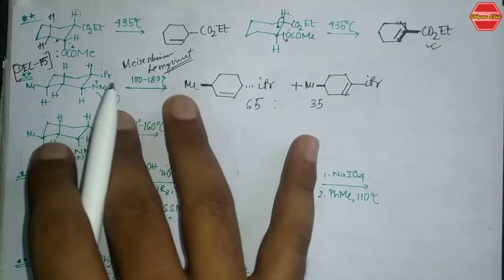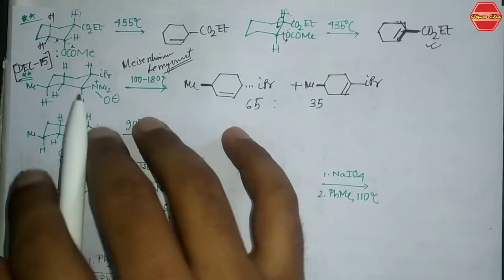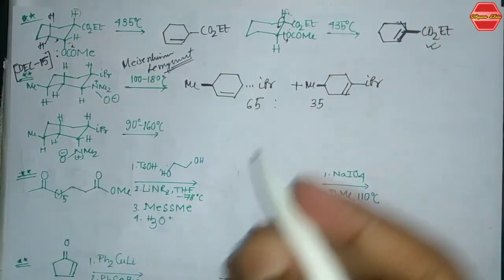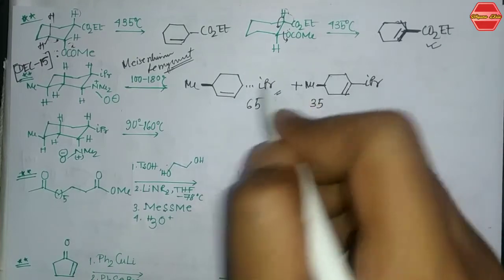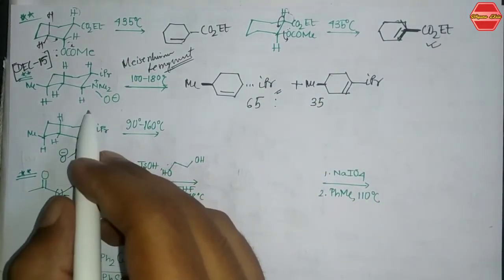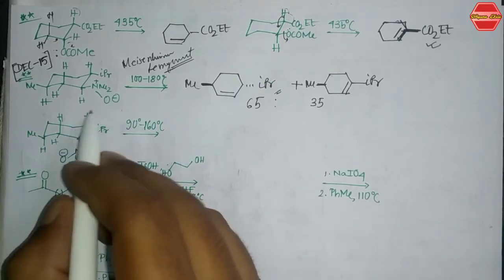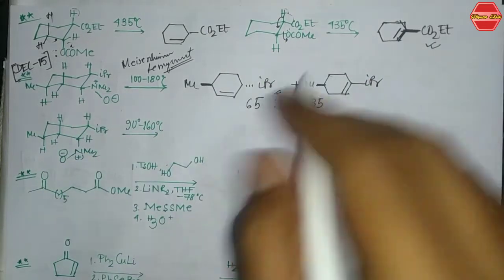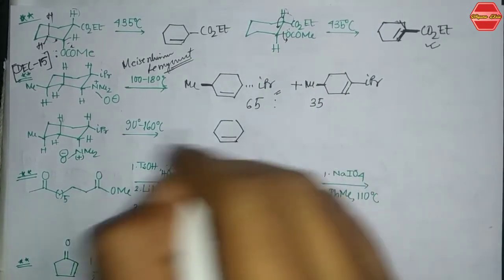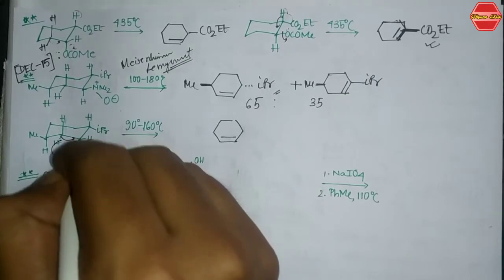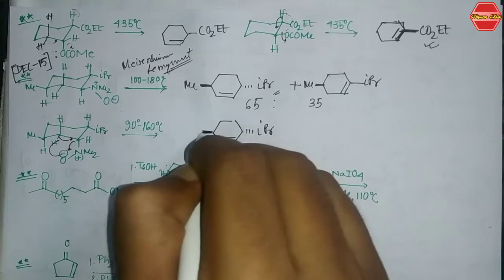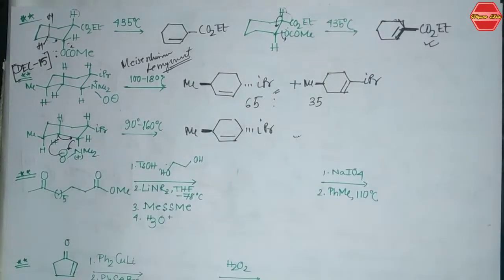So one more concept that you should know is that in the case of pyrolytic elimination, you are getting the less substituted product, not the more substituted one. So that is why you are getting this in your major amount. Now you can see that in this condition, this N oxide and this hydrogen are trans to each other. So the formation of this product will be neglected, and you are getting only the product, that is this one. This takes a proton over here and it will leave from the system in this way, so that you are getting your methyl, like this. So this is your product, right?